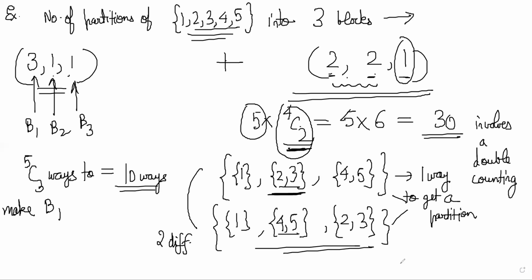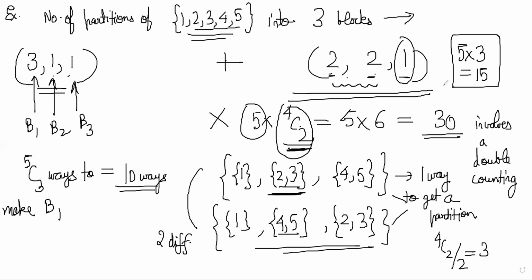So therefore, we have to do 4C2 by 2 here, because every partition is represented twice in this number. So it is basically 6 by 2, so 3. So this number is actually wrong. What you get is 5 into 3, which is equal to 15, right? In JEE Advanced PNC, you will learn that the number of ways of grouping this can be done as 5 factorial by 2 factorial, 2 factorial, 1 factorial, and 2, because 2 of the sets are repeated. So that also gives 15 as an answer.